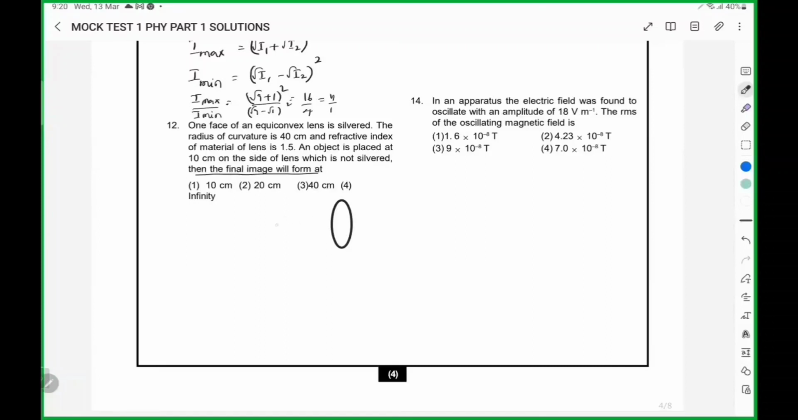we have to find the effective focal length. What does it mean by effective focal length? Suppose the lens is not silvered, then the object is placed here at two different places. Successive refraction occurs, and somewhere the image will be formed here. Suppose here, if you consider a lens which is silvered,